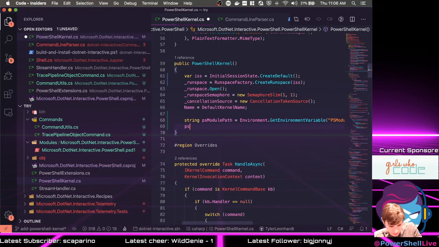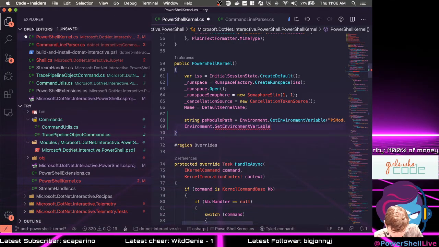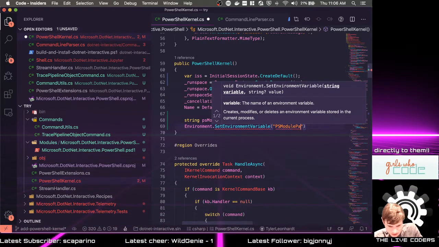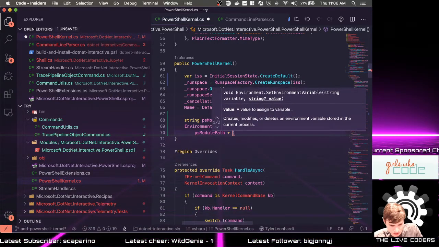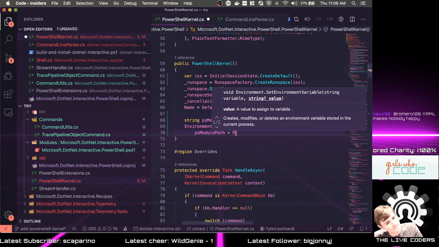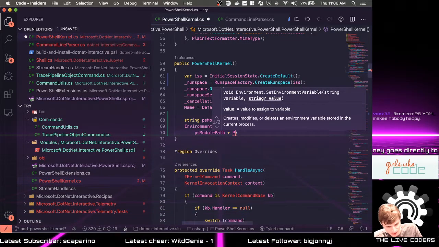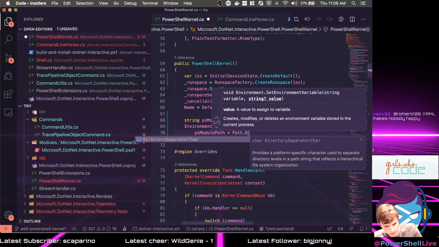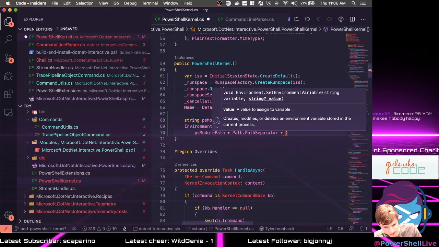And then we'll do Environment.SetEnvironmentVariable PSModulePath. Just gonna see if we can get this working here. And then PSModulePath plus System.IO.Path.PathSeparator plus